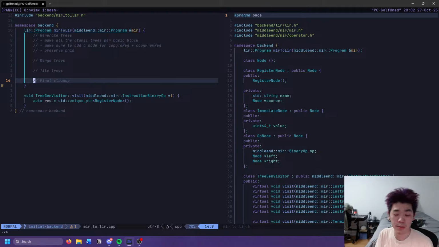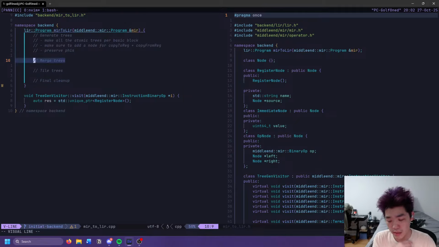The idea is we first generate trees from every instruction in the optimizer IR, and then we can merge them into the largest possible scope of that tree, and then we can cover those trees with tiles, and each tile represents some sort of an instruction that is hopefully less expensive to use, and then we can do the final cleanup and actually make the